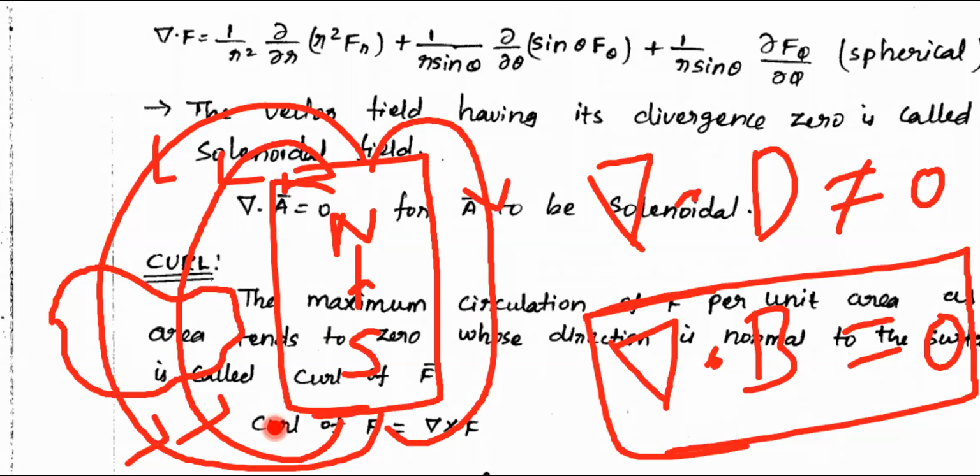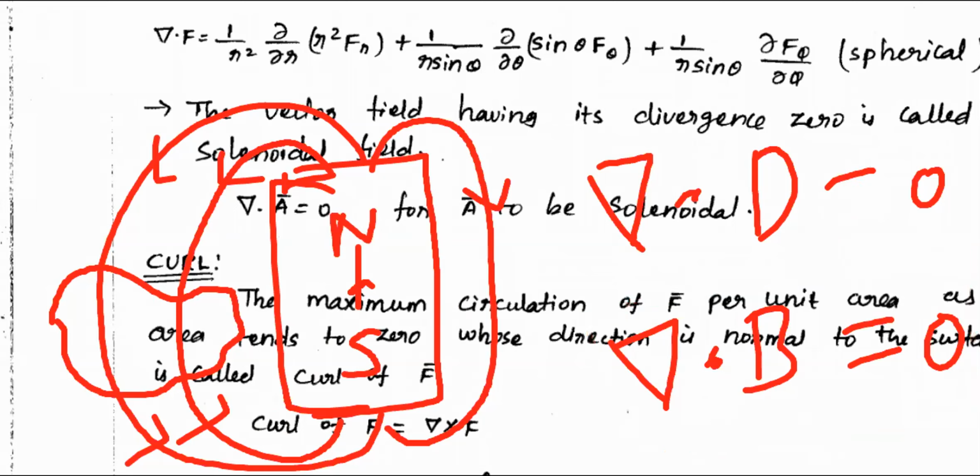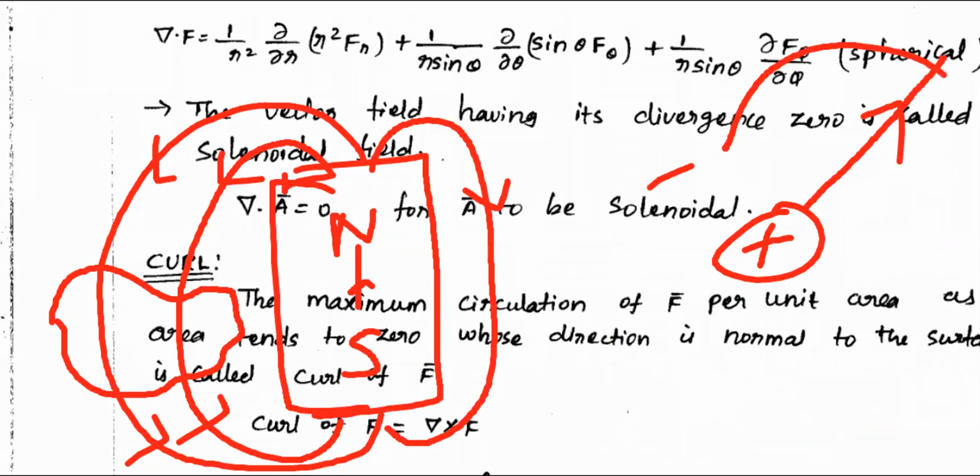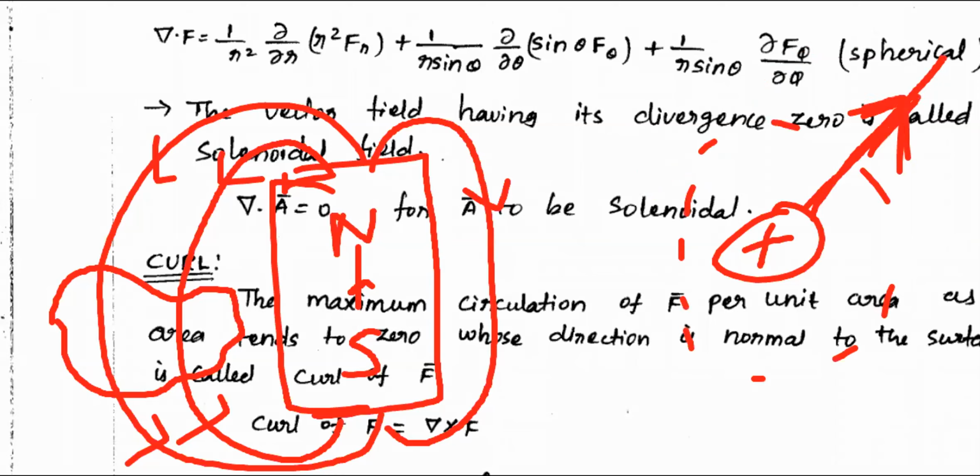What is the reason for this? In case of electric flux, in case of electric field, what happened? Say once if you have a positive charge, it produces some field that is going to infinity. Straight away it is going to infinity. It is not coming in this way and reaching minus. We had only one charge. If you have only one charge, definitely that electric field is going outside. So once if we put an imaginary surface here, there is net outward flow. That's why del dot D is not equal to 0.